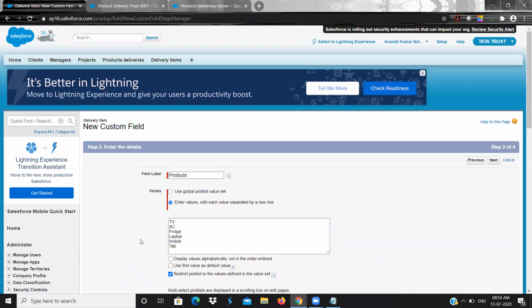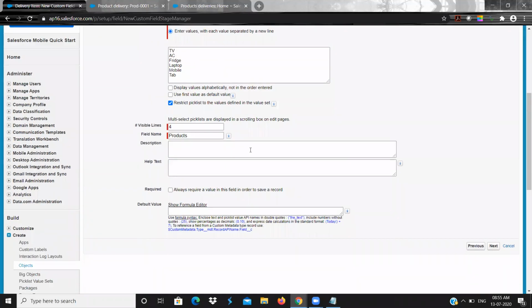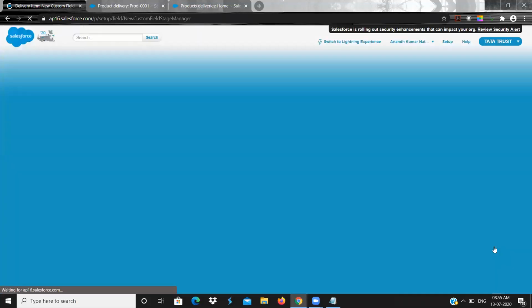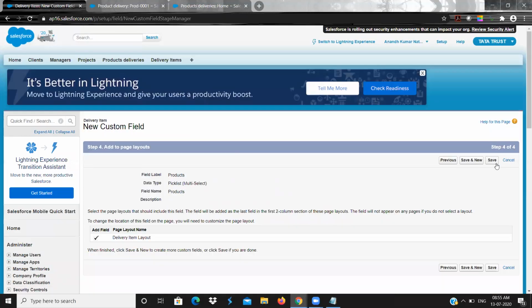Okay, few values. So I wanted to use it as a required field, so I'm checking this checkbox. Next, save and new.